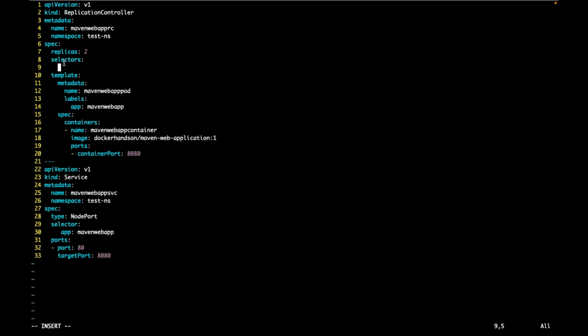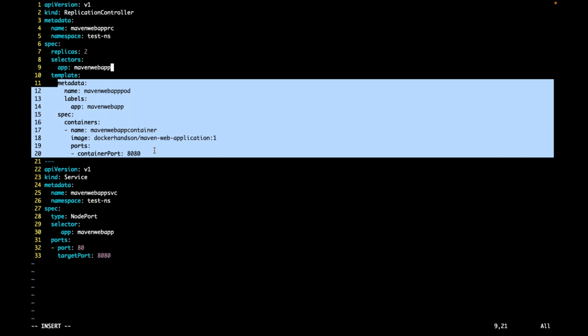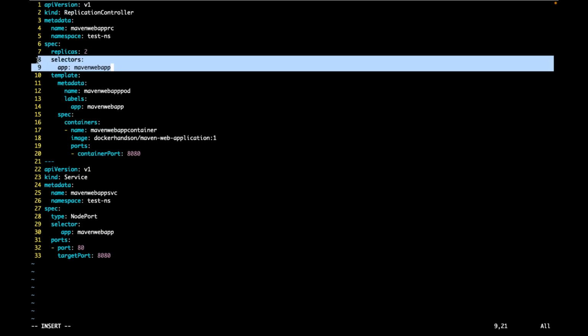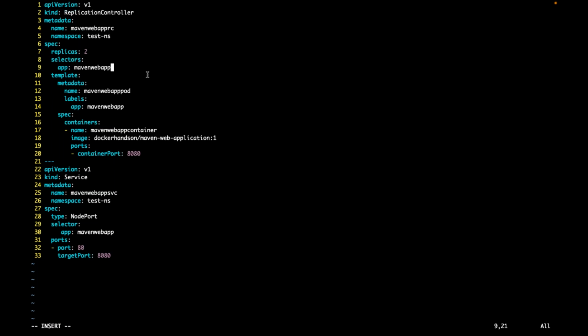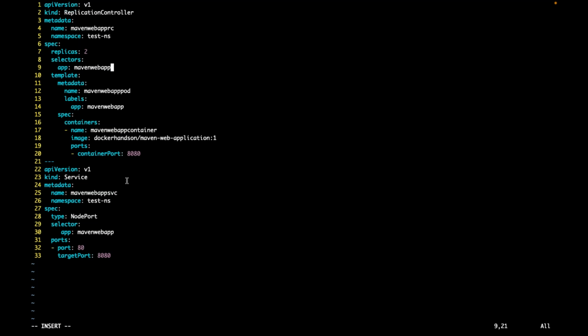These selectors are replication controller selectors. Can I use something like this? Your pod labels as a selector here. Is this replication controller going to use these selectors to look after these pods and manage the pods? But for RC, this is not mandatory. For RC, these selectors are not mandatory. Even though you use selectors, that is fine.